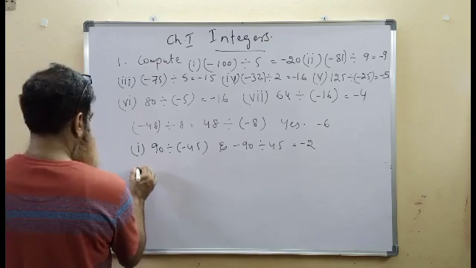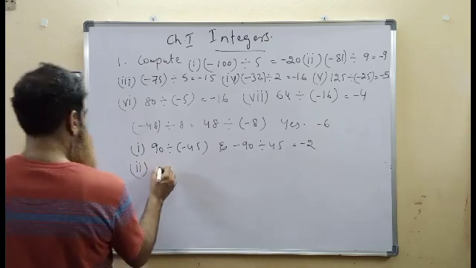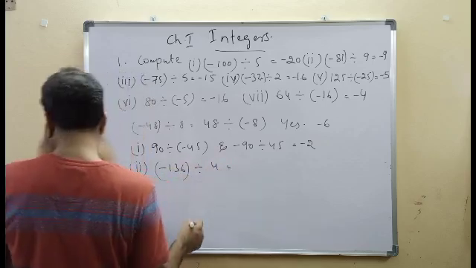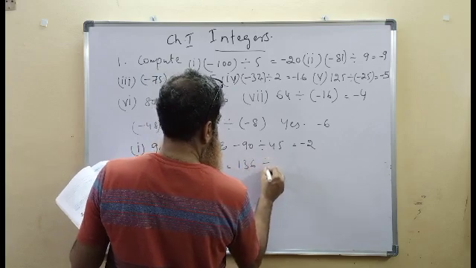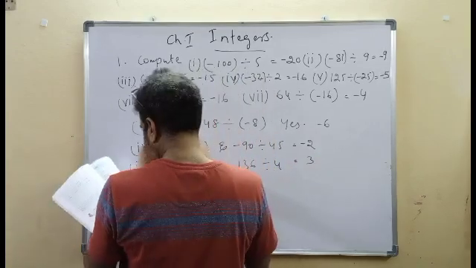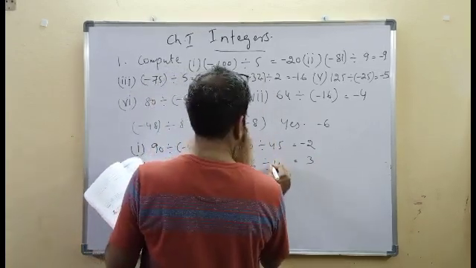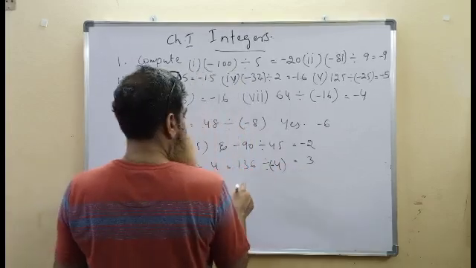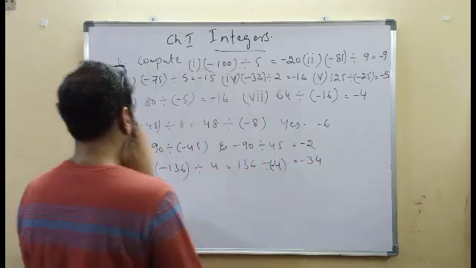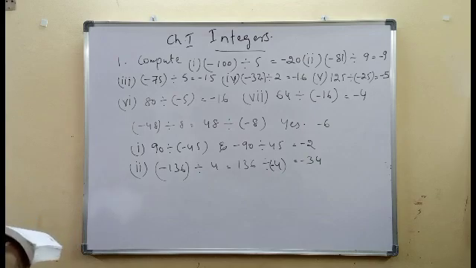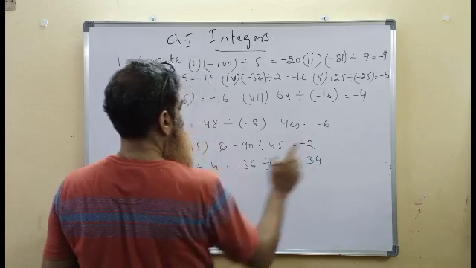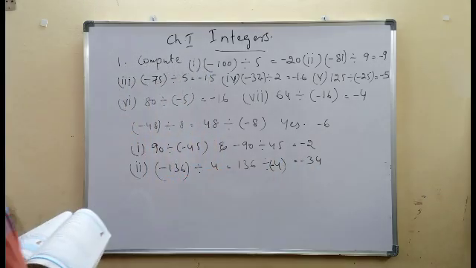Second one in the blue box: minus 136 divided by 4, and 136 divided by minus 4. Four 3s are 12, four 4s are 16. The result is minus 34 in both places. Minus 136 divided by 4 is equal to minus 34, and 136 divided by minus 4 is also equal to minus 34. We also observe that